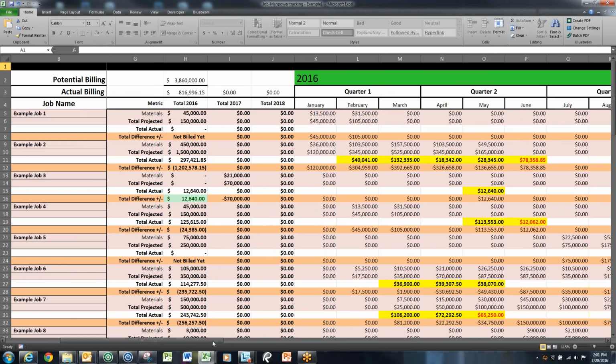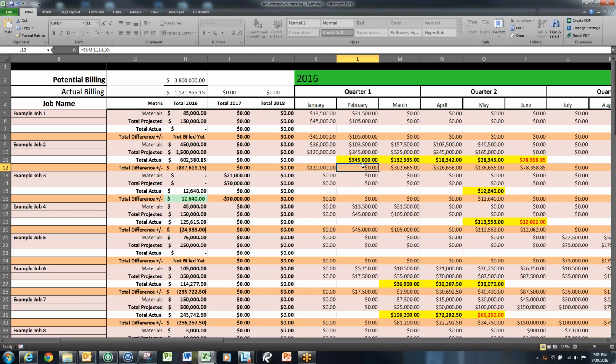So for example job 2, we billed $40,000, fake of course, in February. And if you look below, that tells us how much we're actually missing. So clearly on this project, we're not billing nearly enough to meet our goals. But obviously this is a fake project and this billing has nothing to do with this project. However, as a side note, if we did actually bill the $345,000, the bottom number below will represent a 0,